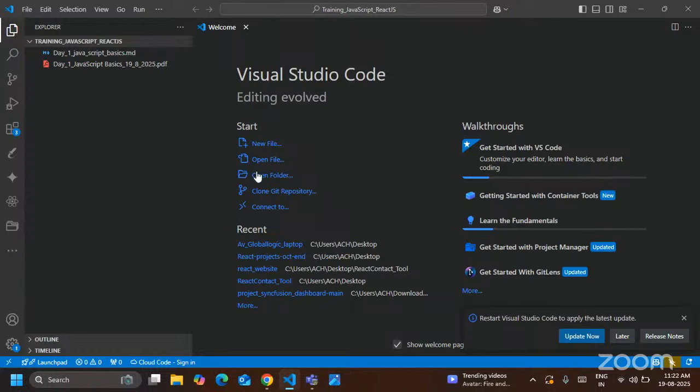Just for security purposes, again, we have to open a folder. Whatever folder you are opening, you can see the arrow coming, right? Now the folder is open, I mean close, and now we can open it, right? Here our folder name is already appearing, training JavaScript